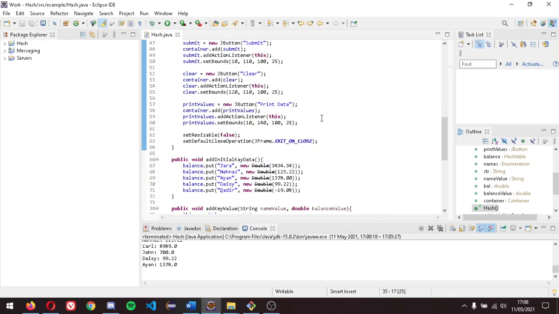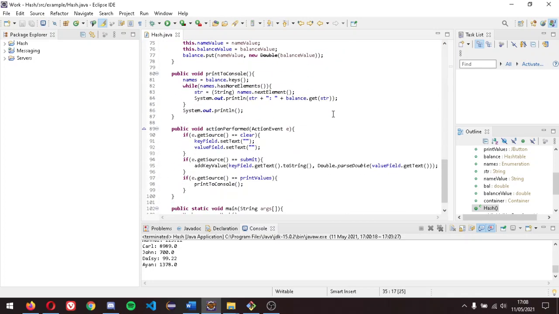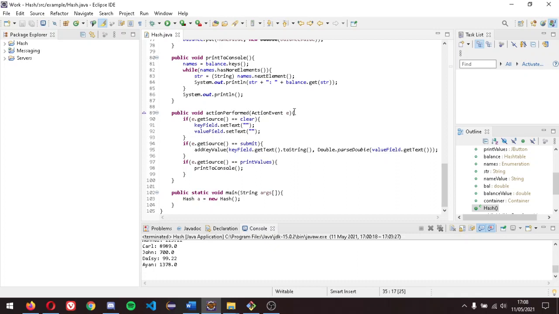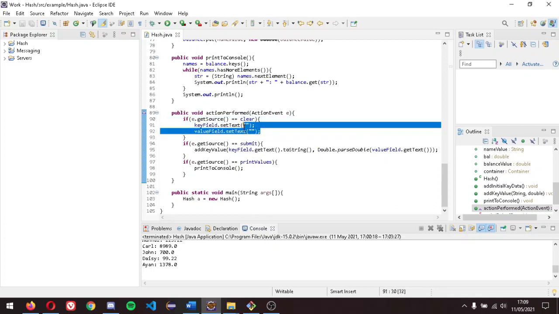So when you press a field or a button, you come down to the actionPerformed action event, and that triggers an event when you clear or press a button. So when I press clear, it sets the fields back to empty. When I press submit,